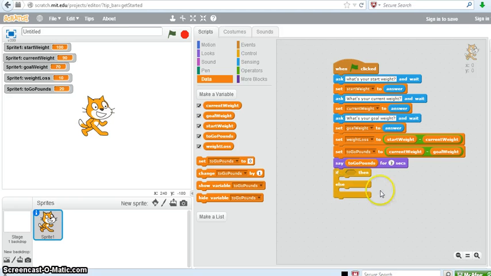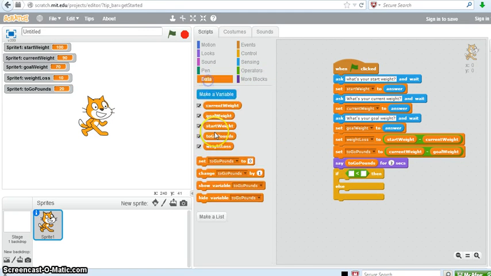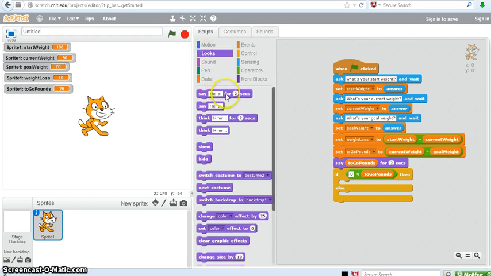Okay, so now I'm going to say, if I've reached my goal, which means if my to go pounds is 0 or less, so what I want to do is get my logical operator here, and I'm going to say, go back to data, if my to go pounds is greater than 0. So in other words, I still have stuff to do. Then I'm going to say,